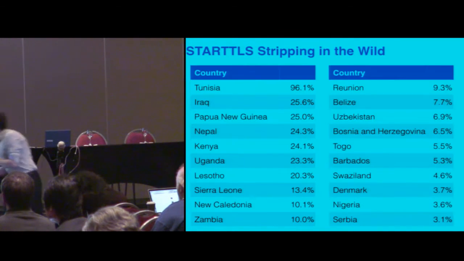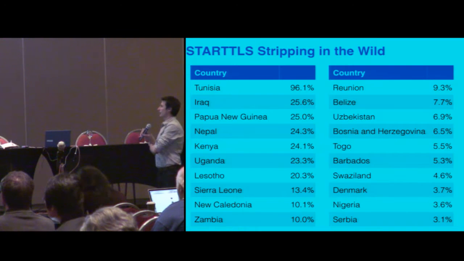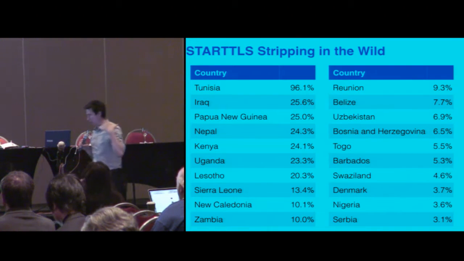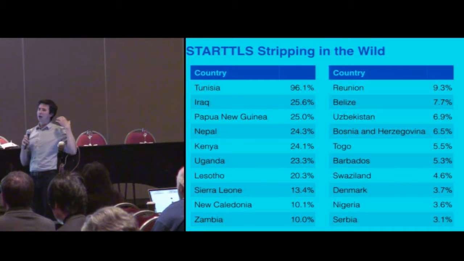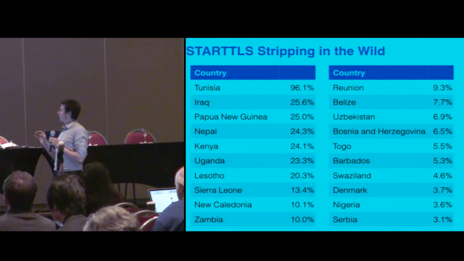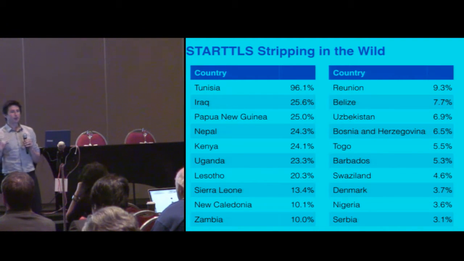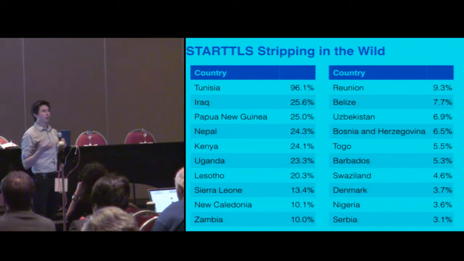When you look at the continuing list of countries, you start to see everybody. You start to see European nations, Asian nations, the United States. You start to see everyone. And the numbers are small in some cases, but this seems to be happening everywhere, that people are being prevented from starting these STARTTLS connections and are sending mail in the clear.